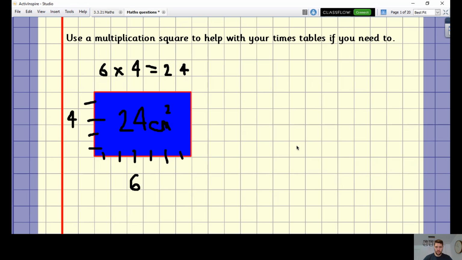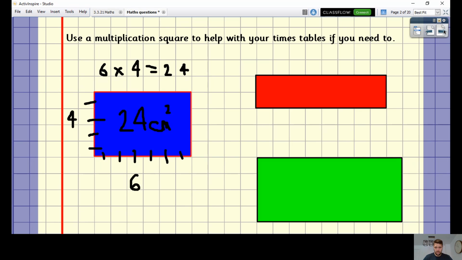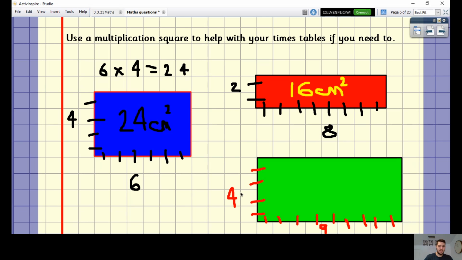So here's an example question for you. Can you try and answer these two? What is the area of the red shape? What is the area of the green shape? Pause it here. See if you can calculate it. So width is 8 and the length is 2, so 16 centimeters squared. For this one, the width is 9 and the length is 4, so times them together to give you 36